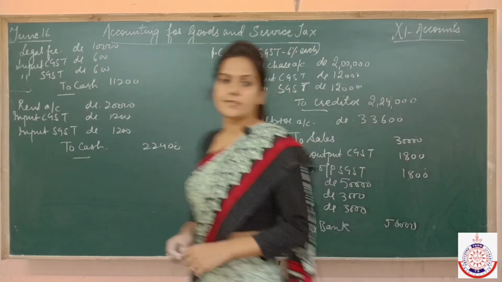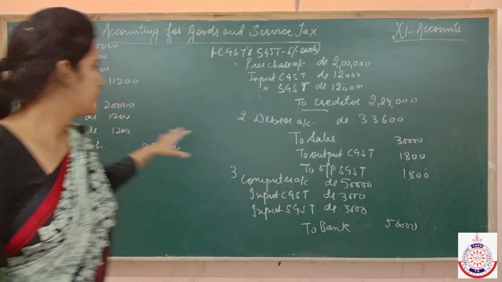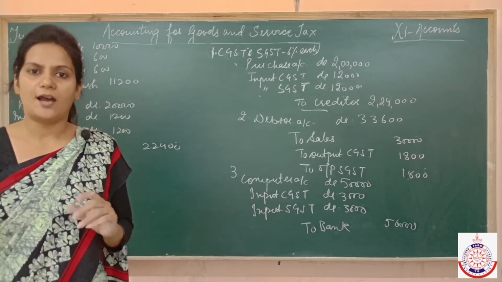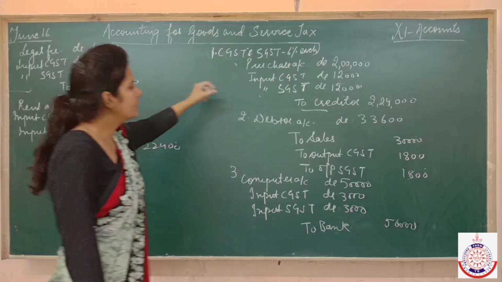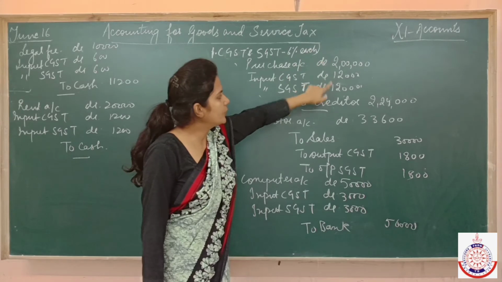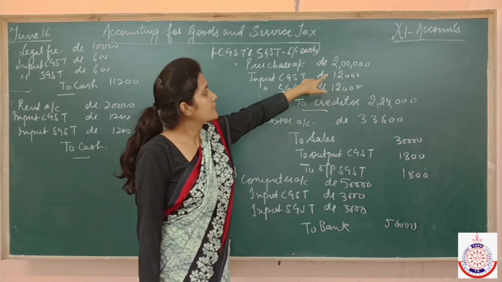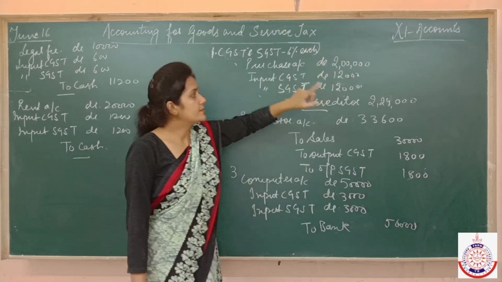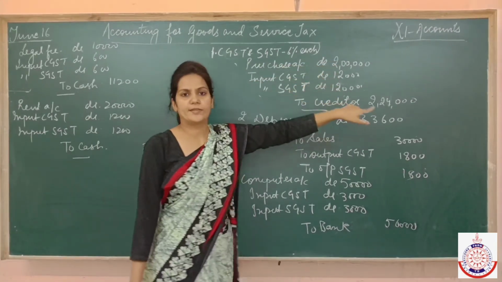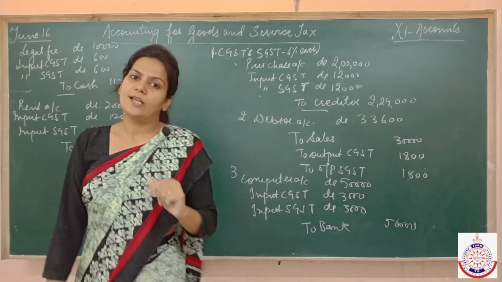Now come to the last entry. This last entry I had not written on the board, and you also have to pass this entry only when it is asked. I wrote a small error over there that GST rate was 6% in the first entry, no? So it should have been 12,000. I wrote 6,000 here, but 6% GST was on 2 lakh, so it should have been 12,000. Fine. Now come to the last topic.